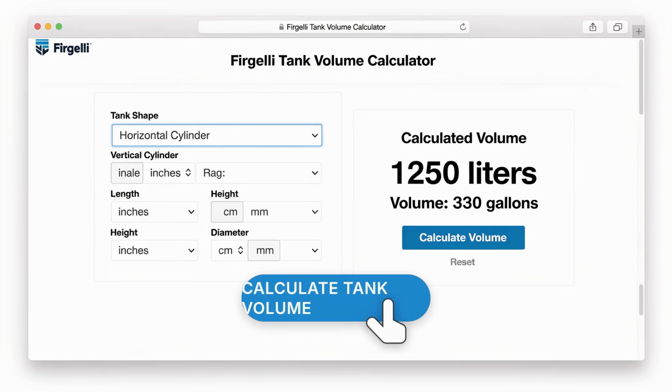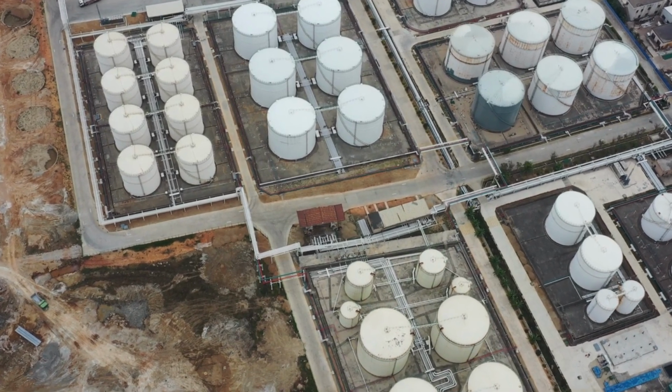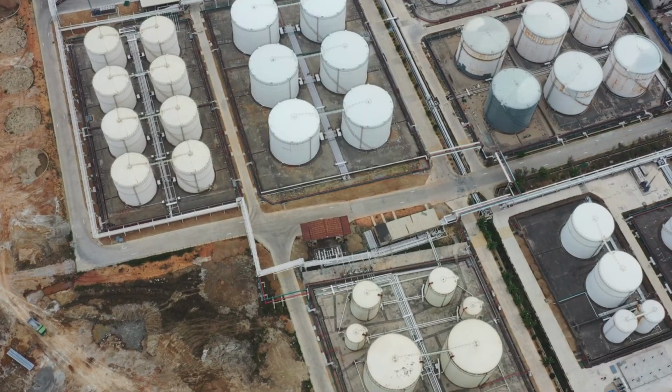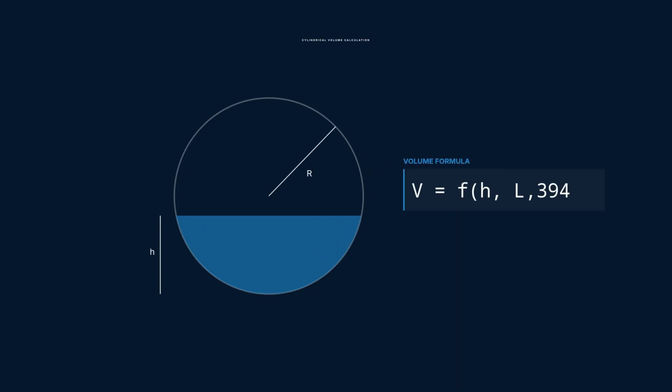The calculator will display your results showing the liquid volume in the tank based on your specified fill level. This helps engineers determine partial volumes for inventory management, process control, or tank sizing applications. The calculation accounts for the geometry of your selected tank orientation and head type, providing accurate volume measurements for partially